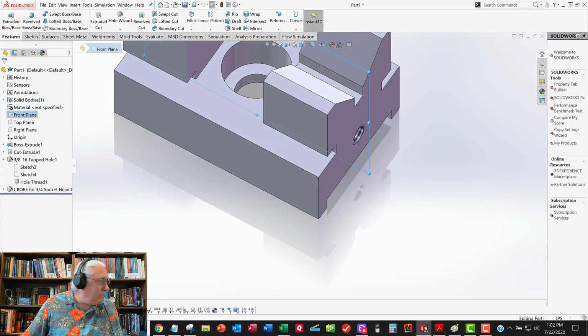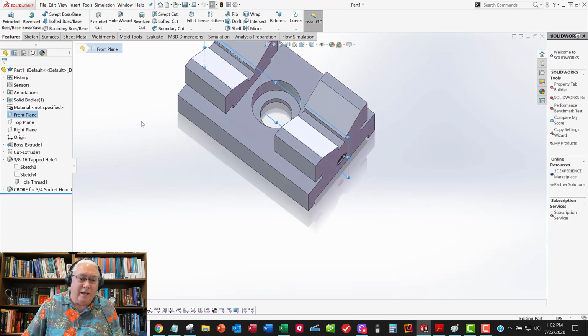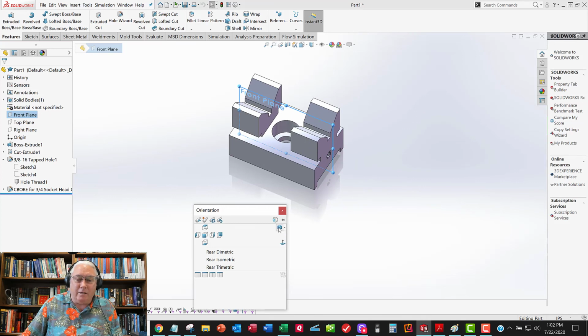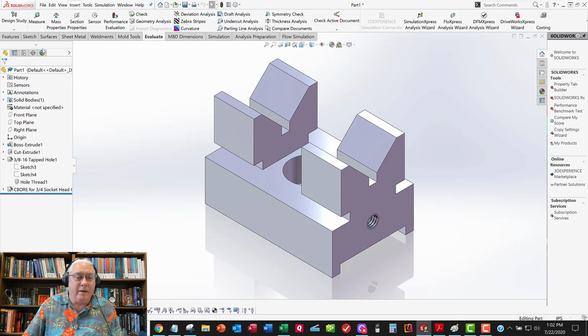It doesn't go all the way through. The note on the drawing says through to hole, and so that means it's going to go through here, just through this hole. It doesn't go all the way through the other side. So through the hole, just have the depth, just choose up to surface and choose that plane as a surface to stop it. Don't forget to define your material, and when you get done, you'll do an evaluate mass property